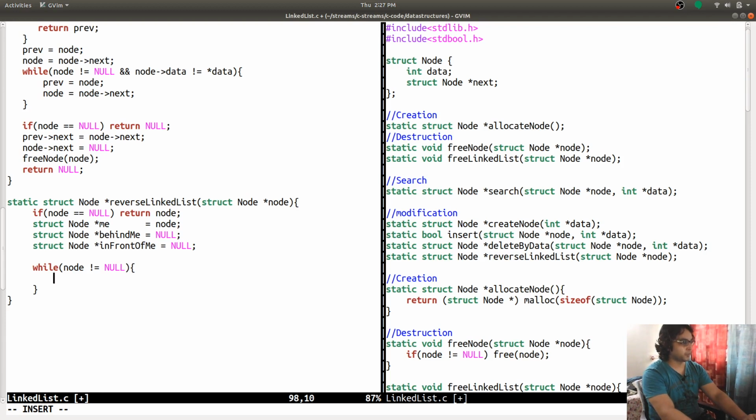And what I'm going to do, I'm going to store my next in front of me here.